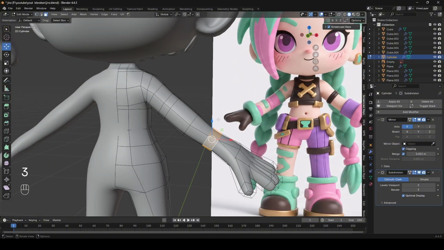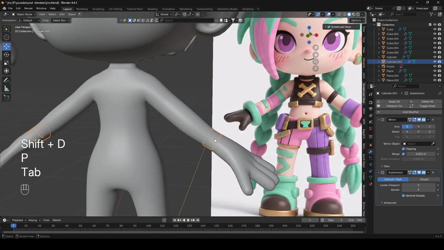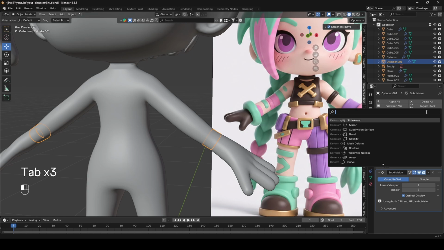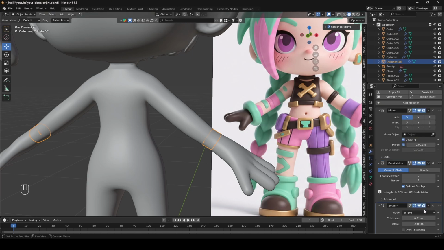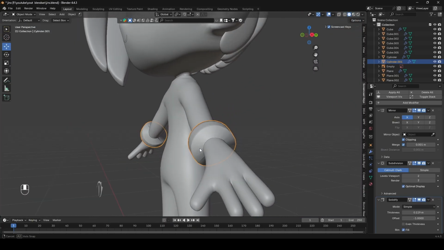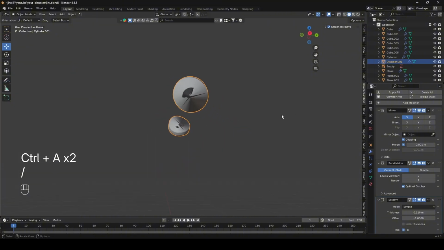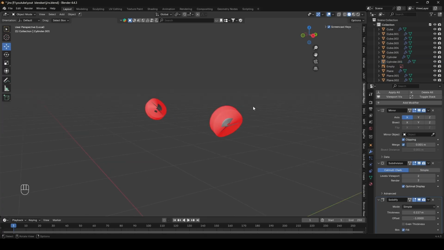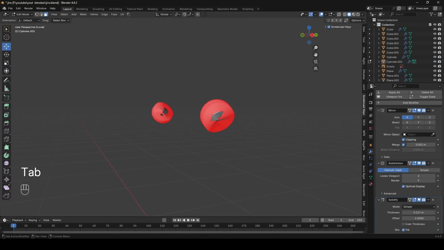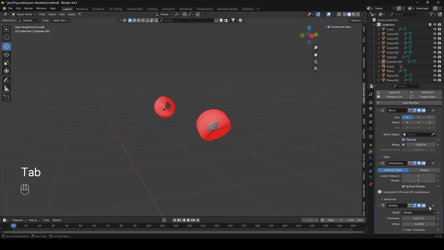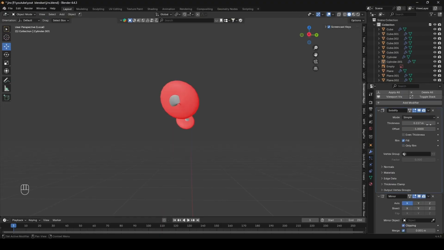Select it, separate this part and use the solidify modifier and increase the thickness. But we can see it's not looking fine. Let's apply scale, isolate it, and then try to see. I think the face is not okay. As we can see, let's move this to the first, and yes,